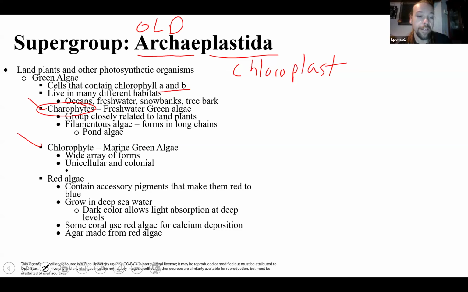What you might recognize some red algae for is if you do make petri dishes, you do bacteria cultures, the kind of jelly or gelatin stuff that we put in petri dishes comes from red algae. And then also corals, when we make it to animals, corals are going to be a symbiosis between an animal and an algae. And a lot of the algae inside of coral are red algae, along with the later on you'll see diatoms, dinoflagellates.